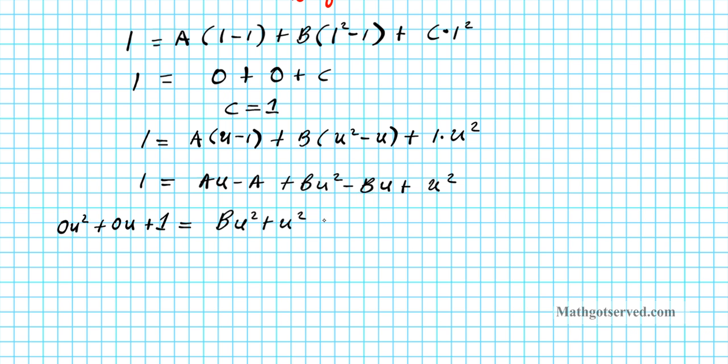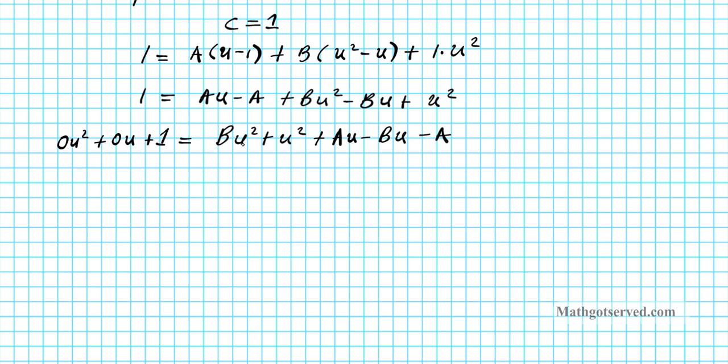Then for the first degree term with the u, we have au minus bu, and then minus a. Let's factor it, and then we'll equate terms with like degrees to set up our equations. So we still have 0u squared plus 0u plus 1